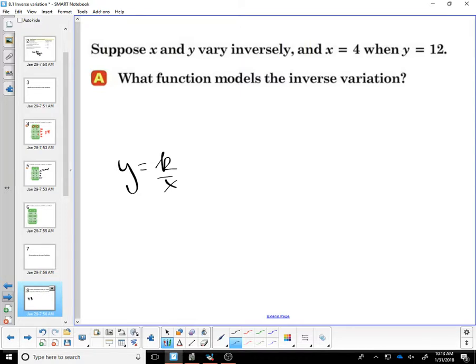Well, it's bare bones, right? But we want to find the model when x is 4 and y is 12. So I'm going to plug those in. Y is 12, x is 4, and I'm going to solve for constant k this time. I'm multiplying x and y, just like we did before. So that means that constant k happens to be 48. So if they're asking me for the function that models this relationship, then it should read,